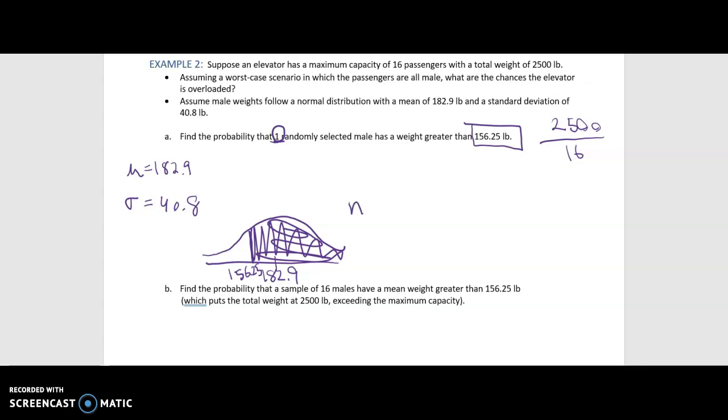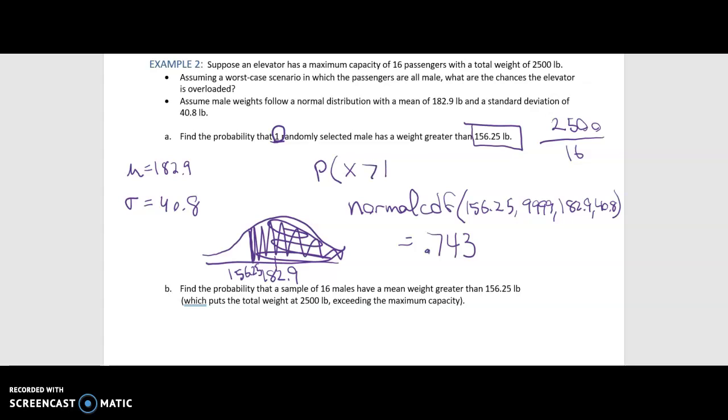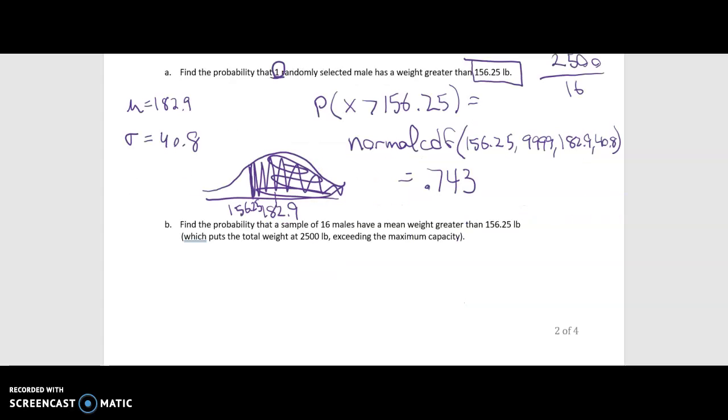So from here, we can use normal CDF. Our minimum, where our shading begins, is 156.25. Our maximum, we can just use some high number. The mean is 182.9, and the standard deviation is 40.8. Go ahead and put that in your calculator. Come up with 0.743 for your probability that one male is greater than 156.25 pounds. For part B, we're finding the probability that a sample of 16 males have a mean weight greater